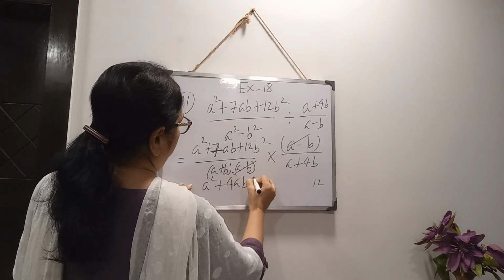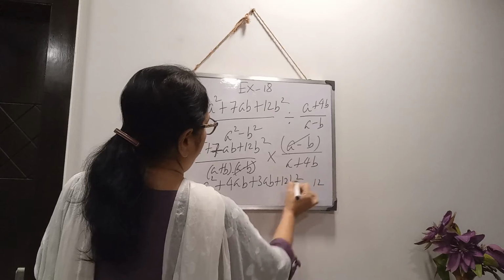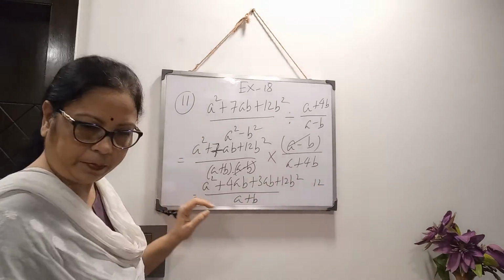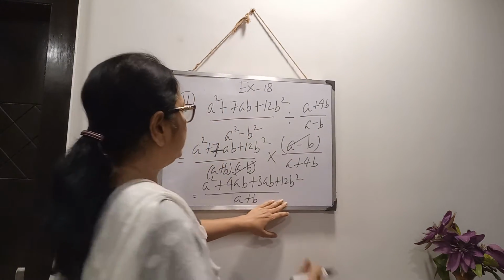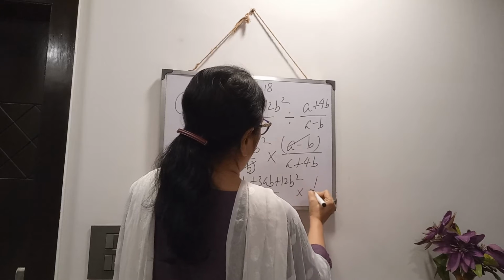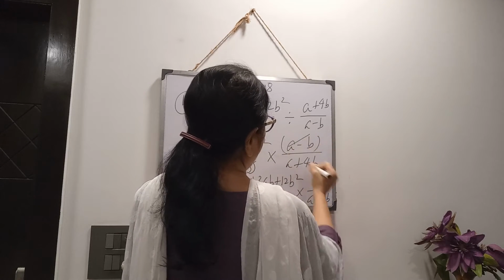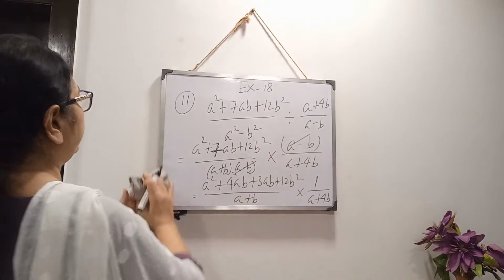So here you will take a square plus 4ab plus 3ab, the middle term, plus 12b square, and denominator a plus b, and here we have 1 by a plus 4b. It is cancelled out, so 1 is there. Clear? Then next,